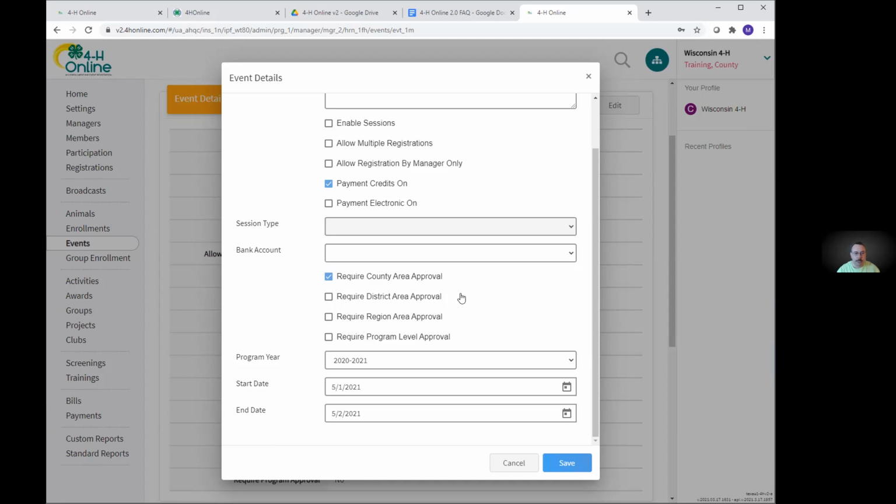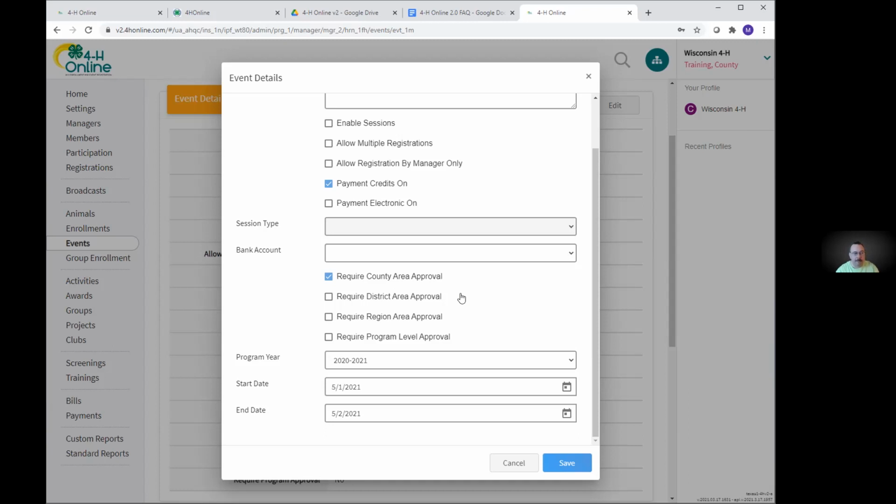The difference is if they submit an event registration and you have the box checked, that means that you get a notice saying there's this event registration to be approved. You can look through it and go, okay, everything looks good, approve. Or you can go, oh, they missed something here, or this isn't really clear. You can send it back to them. Without the box checked for requiring your approval, it goes immediately from submitted to approved without any intervention.